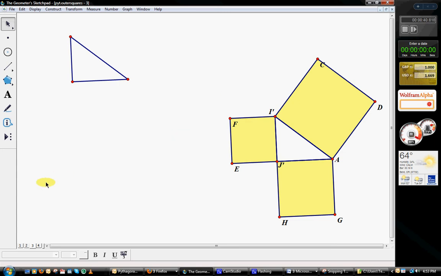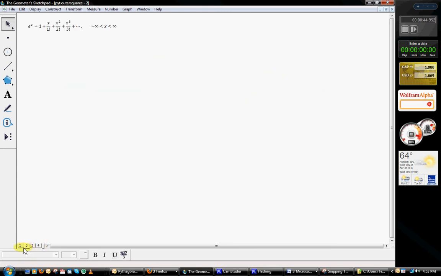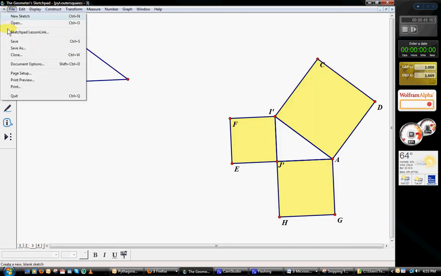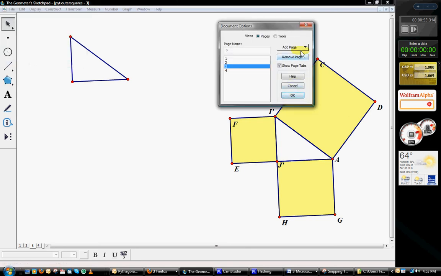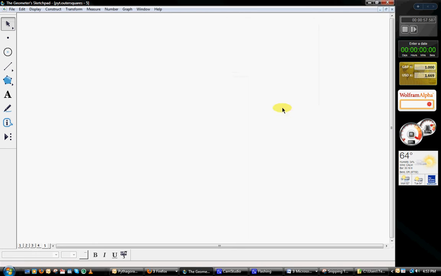So anyway, we'll just go ahead and go to a blank page. I'm not finding one, so let's just go to options and add a page, blank page. There you go. Okay. Now what we want to do here is construct a line segment,